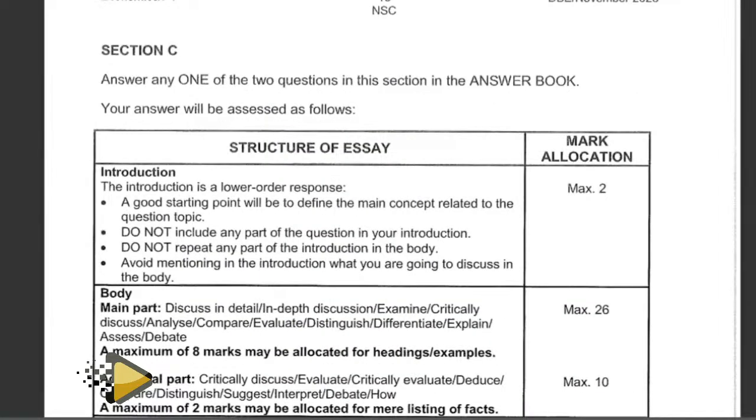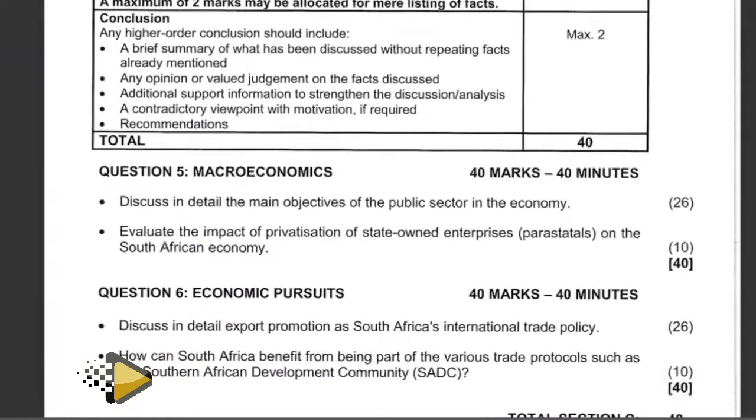Section C reads as follows: answer any one of the questions in this section in your answer book provided. Now if we check grade 12, we have question 5, which is on macroeconomics. If you still remember, in economics we have microeconomics as well as macroeconomics. When we talk of macroeconomics, we always refer to an economy as a whole, while micro